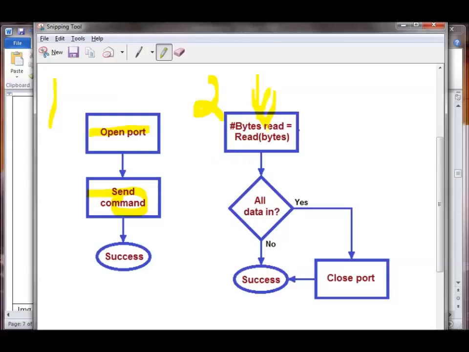The first thing I'm going to do is get the bytes into a buffer, and get the number of bytes read. Next, I'm going to check to see whether I have all the data in. If I do, then I'm going to close the port and I'm done with it. Here it's not that simple. Usually when I have all the data in, there's